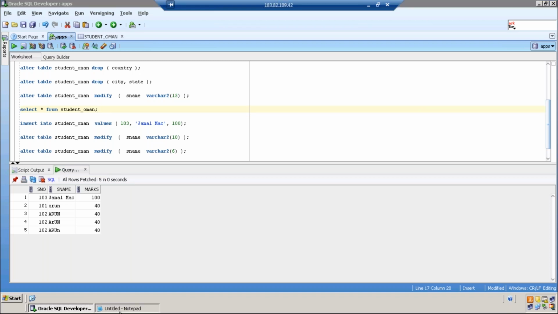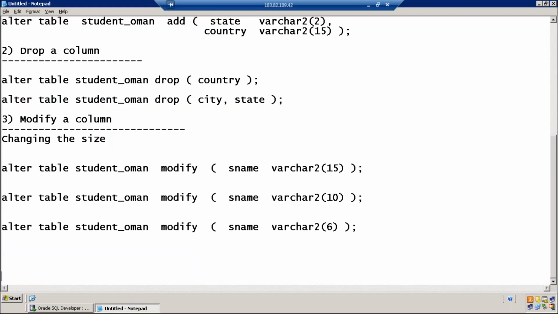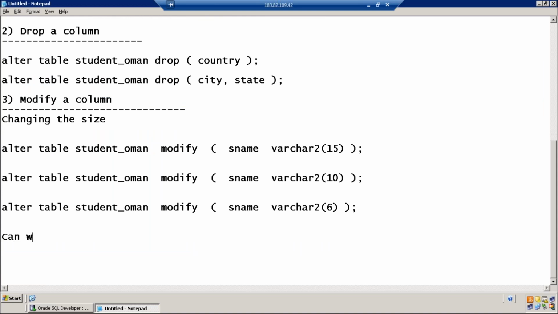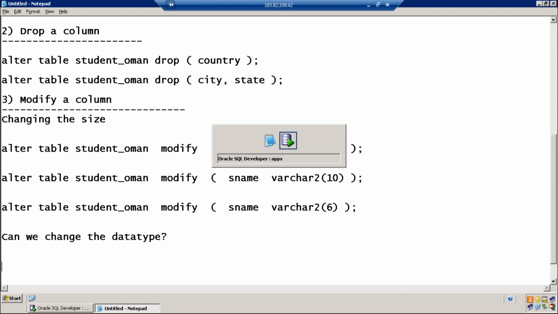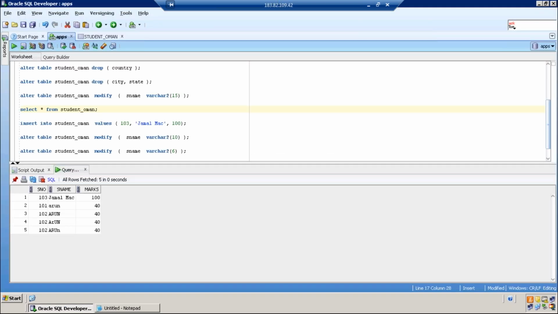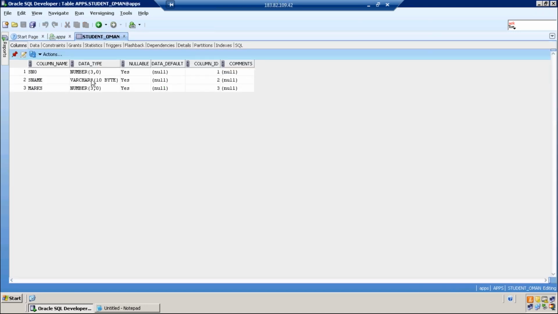Next point, you can also change the column data type. Can you change the data type? Let us try. Student name is varchar2 of 10.